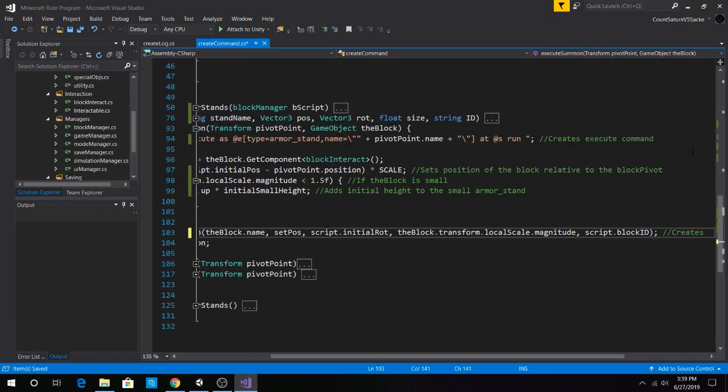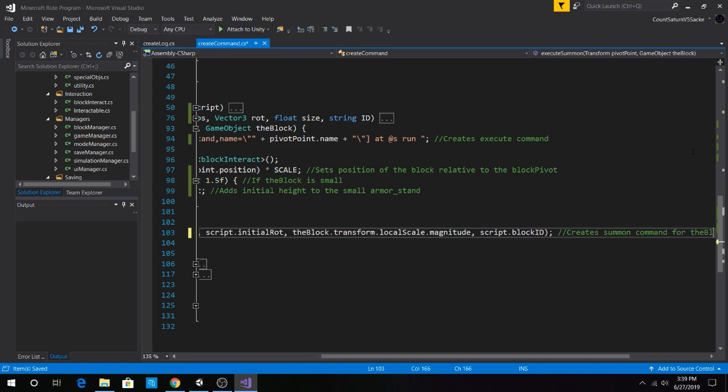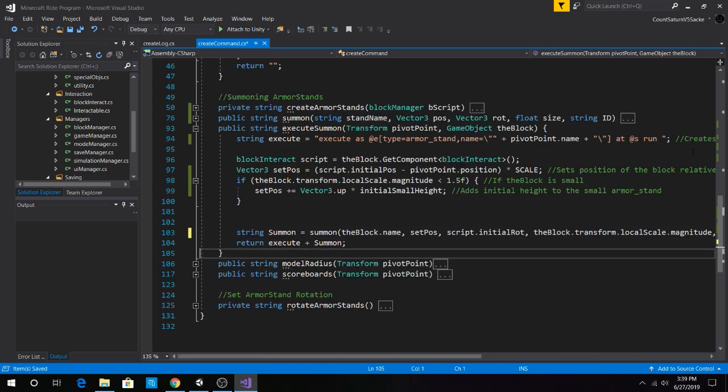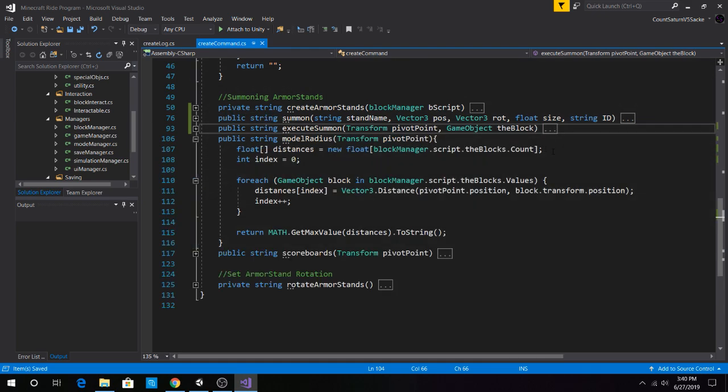Creates its summon command for the block. And finally, this returns the execute summon command. There we go. So now we basically remember what all this does. Now for this one, what this does is